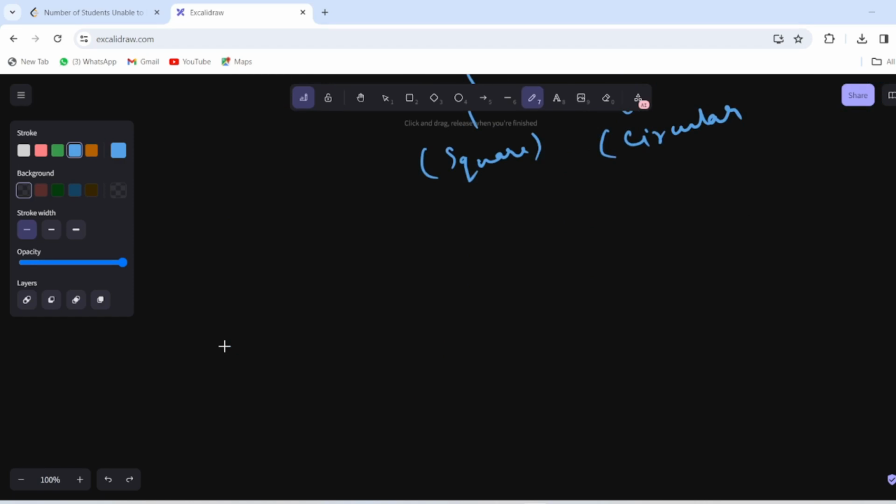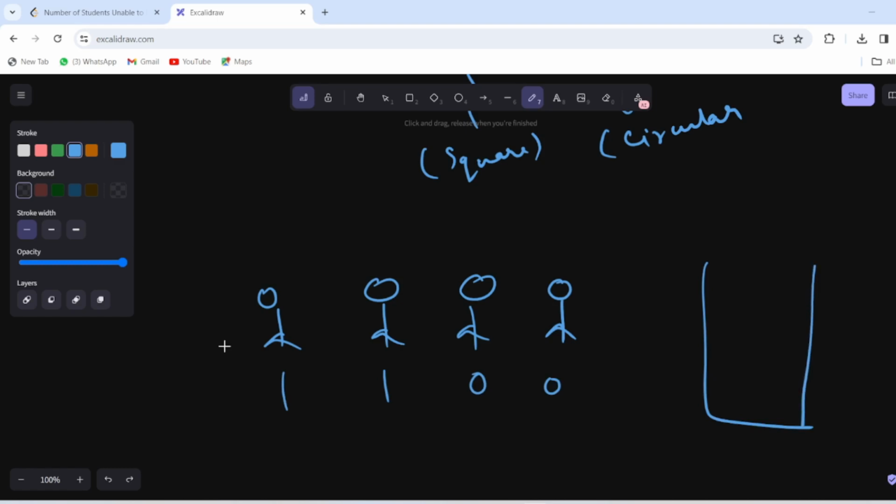So let's say we have 4 students. These are our students with their preferences, and the sandwiches are in this stack, meaning they are put one above the other. So let's say we have first a circular one, then a square one, then circular, then a square one.